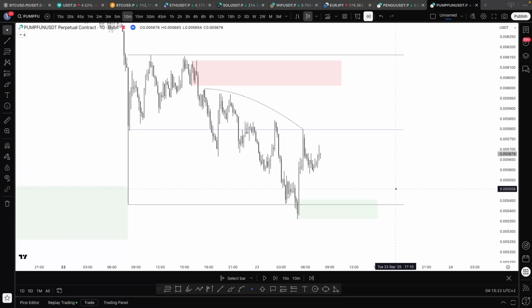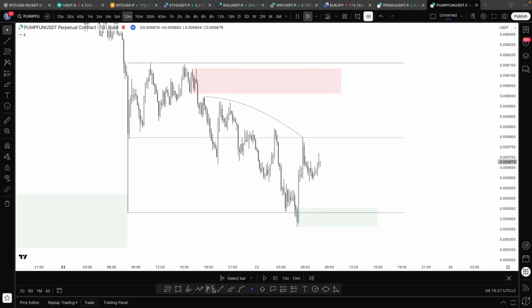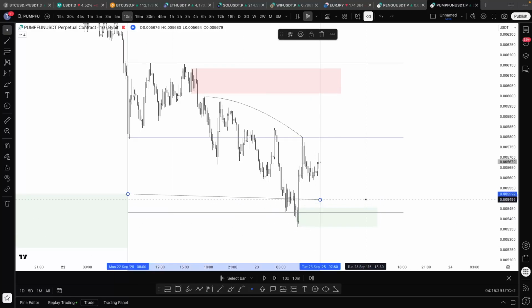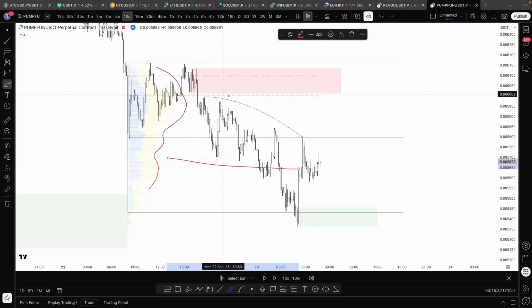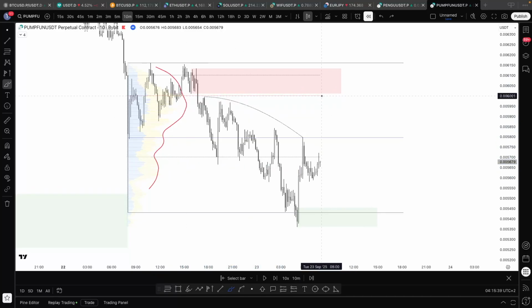Okay, so we have the return to zone, we have the deviation, we do have a volume profile right now, which is in the upper section of the range. That's probably not the best thing, but it is fine. And you see here the POC as well as the volume area high are protecting this supply zone. I'm going to